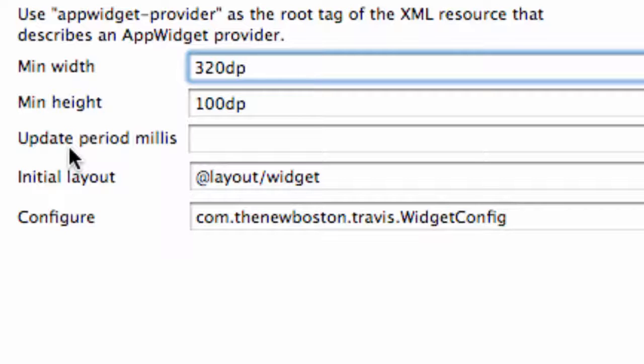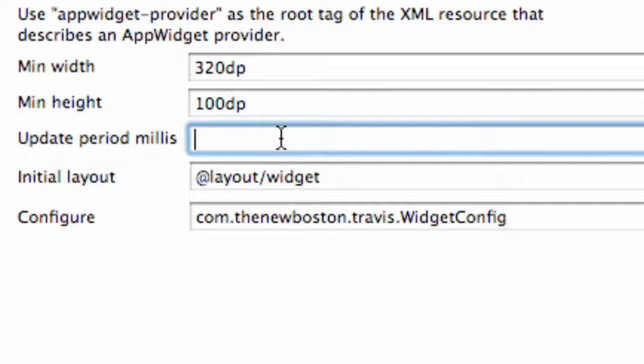And then lastly, we want to tell our widget how often to update. And the minimum value that we can tell it to update is every half an hour, because every time we call that update through the broadcast receiver, it's going to use battery power, and it's going to kill the person's phone real quickly, so they want to keep it to a restriction of 30 minutes when you call that update. So just keep that in mind. We're actually going to do 30 minutes just so you guys can kind of see what it does over time. If you guys put this widget on your phone, then you can delete it because it's pretty much pointless and just waste your battery power. But for 30 minutes, we're going to say